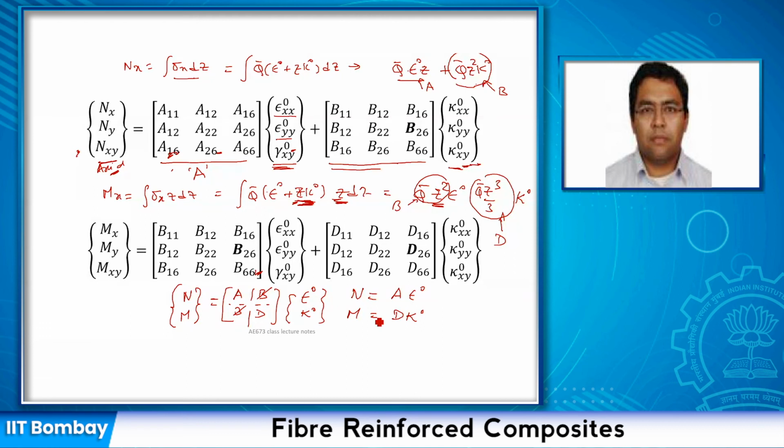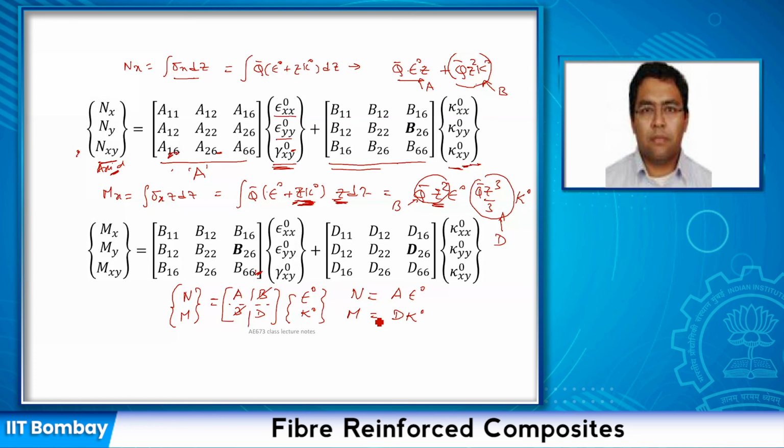This is also important because, say for example, we talk about a 0-degree layer or 15-degree layer, 45-degree layer, and on the manufacturing shop floor, suppose somebody is not aware of the criticality of these things, he might put it at 30 degrees. Now, what happens when you put it at 30 instead of 45 is your B matrix will change. Suppose you are aiming to obtain a certain type of coupling, you will not get it, or maybe you will get it more severely than what you wanted. So all these things matter.